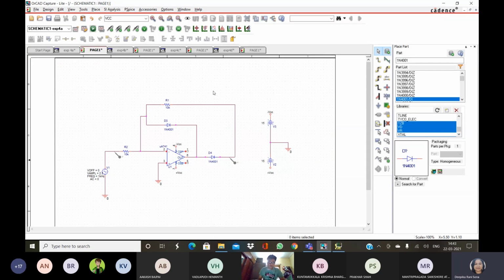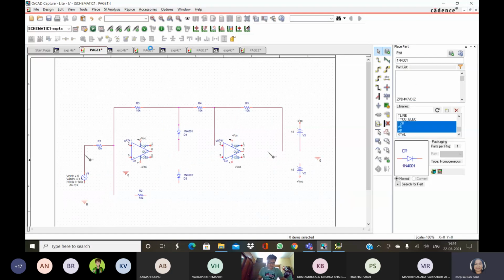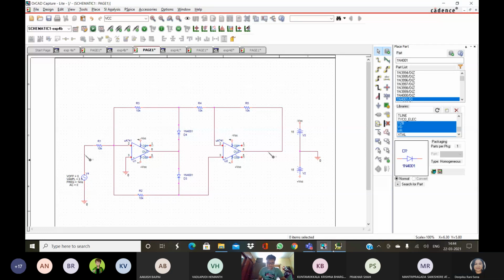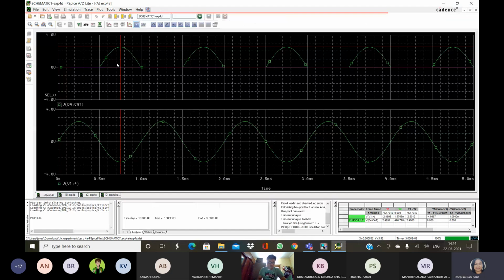Yes, ma'am. This is half wave non-inverting, ma'am. This is non-inverting full wave, ma'am. And outputs are. This is for half wave non-inverting, ma'am. When input is minus 2.4, we are getting plus 2.4, ma'am. Tell about the output voltages. Plus 2.4, ma'am. 2.4991. Okay, fine. Yes, ma'am. For full wave, when input is 2.44, output is 2.49.